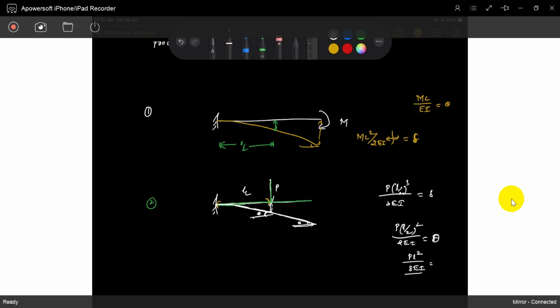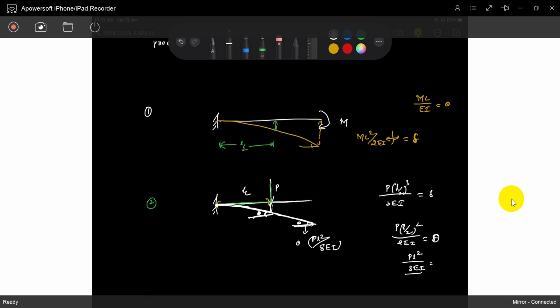Later it goes straight. There is no bending experienced here. Every location's slope changes up to this location, but later it goes straight, with no bending and no change of slope. Understood? So exactly this is the slope. This is also the same slope because this is just a straight line, with no bending. So we know it is PL square by 8a.